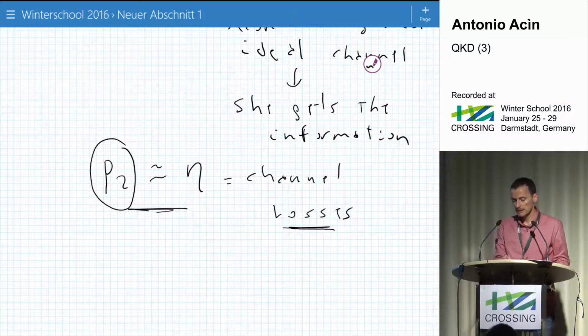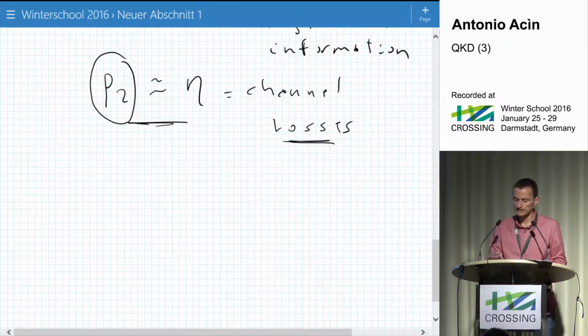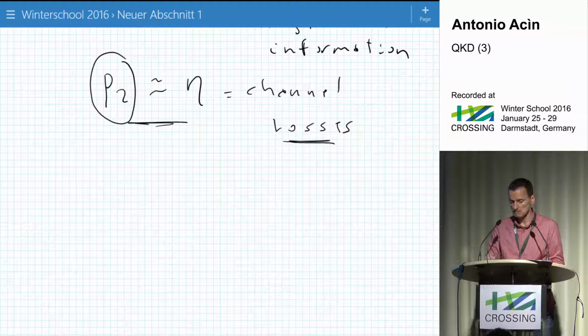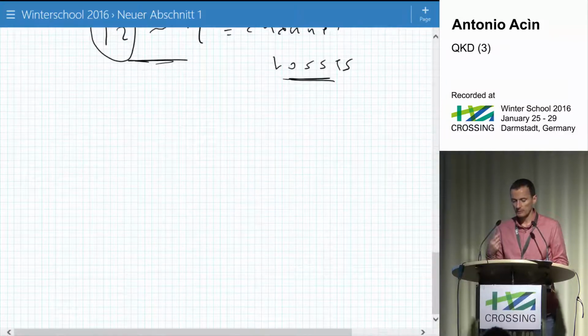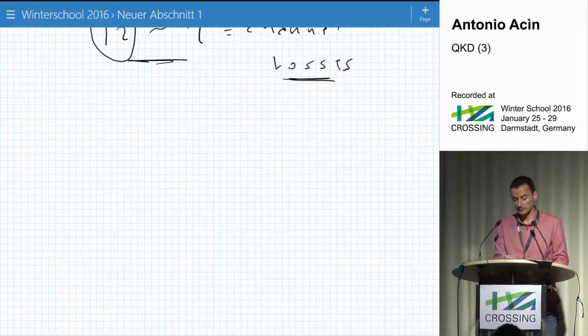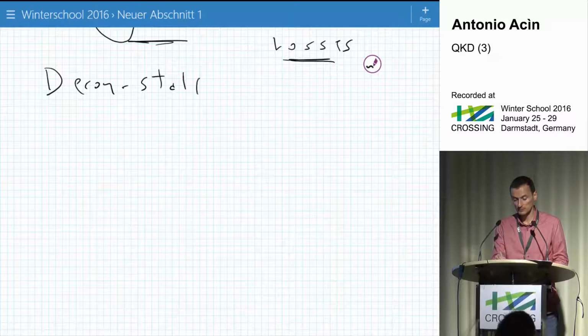So this is a problem. You need some channel losses for this attack to work, but it's already a problem for channel losses of around tens of kilometers. So it was a real problem. This attack was never implemented, because for that you need Eve to measure the number of photons in the pulse, and this is very difficult; a realistic Eve cannot do it today. But in QKD we don't want to put assumptions on what Eve can do. So it's potentially a problem, and this is why people abandoned the standard implementation of BB84 and considered another solution that I'm not going to explain, which is the decoy state,